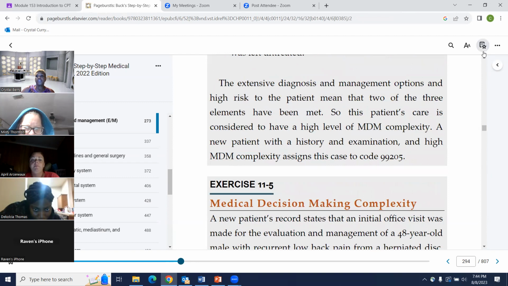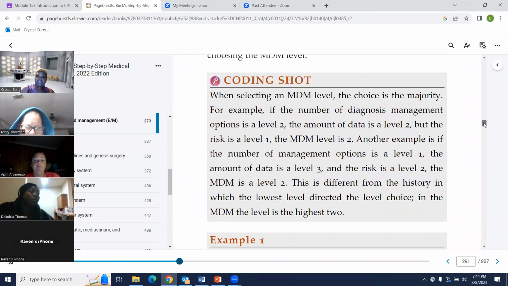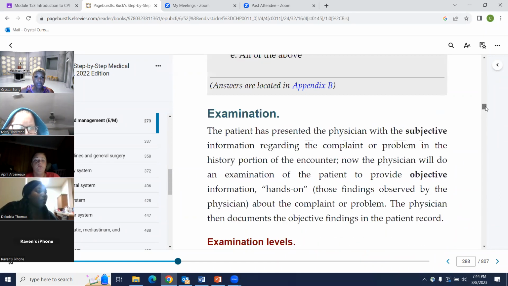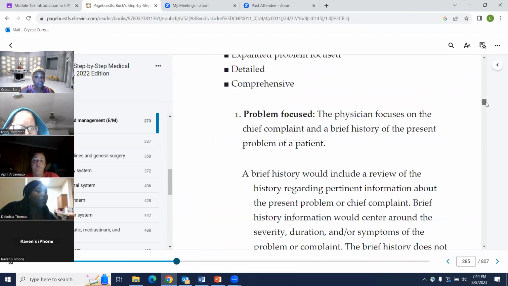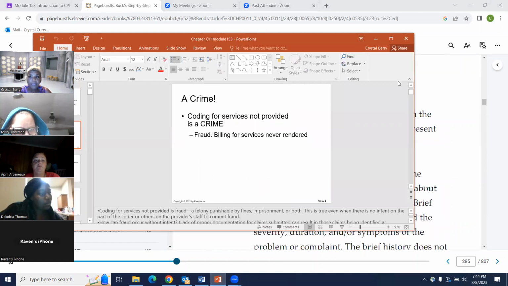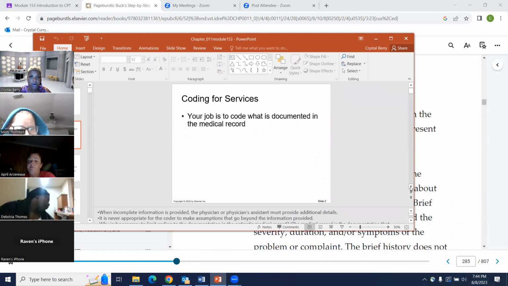So I want to show you all the PowerPoint slides for those of you who prefer to use PowerPoint slides. It's still always good to review in your book. But for those of you who can do better with the PowerPoint slides, I'm going to show that to you all. So this chapter 11, I sent this to you all. In your CPT for evaluation and management, these are the PowerPoint slides, and a lot of students say it's easier for them.